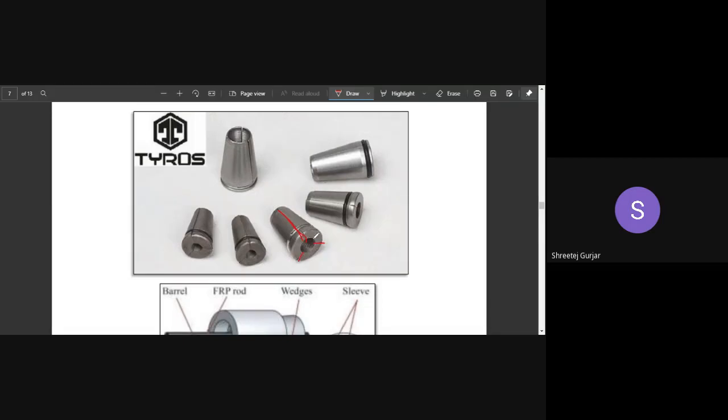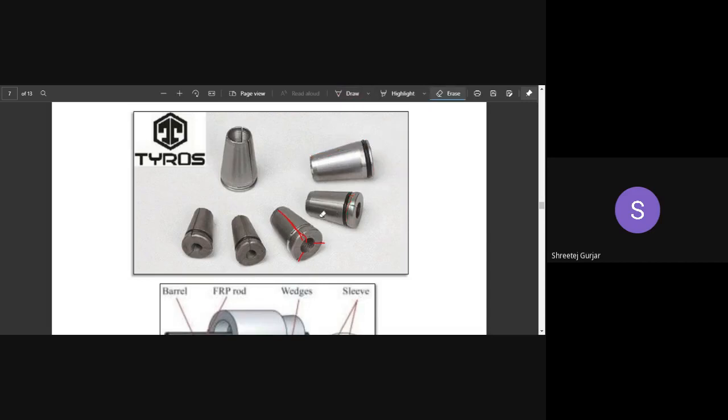They are three pieces of steel joined together by these rubber rings. You can see a rubber ring over here, and they are held in place by these rubber rings. These are wedges, and they have a conical shape, not cylindrical. They have a tapered end: this diameter is smaller and this diameter is larger.